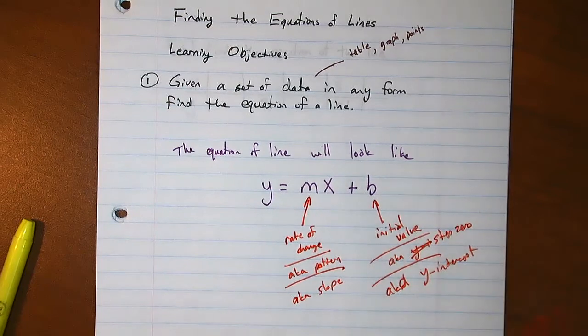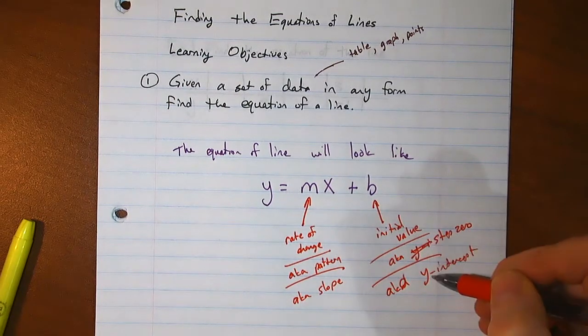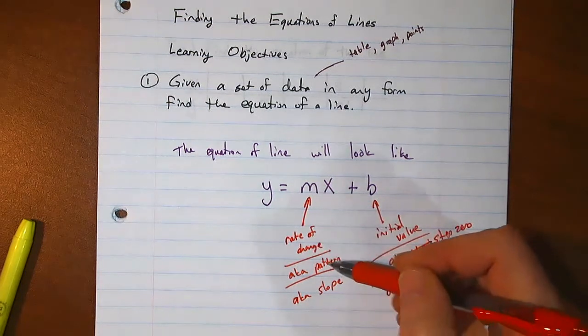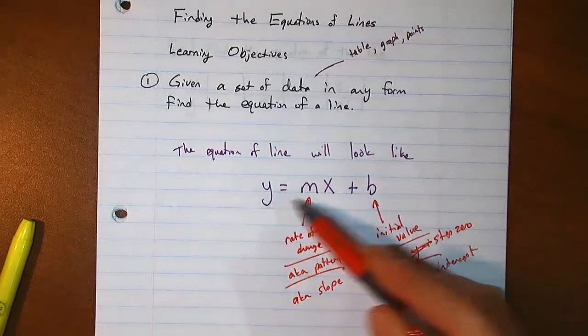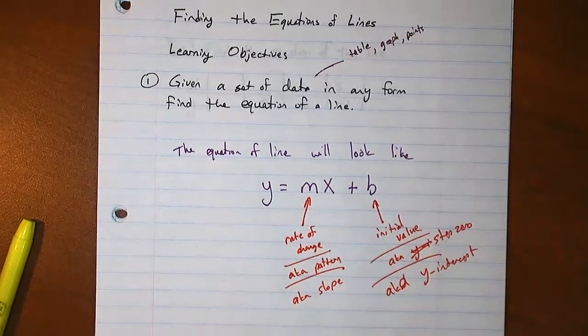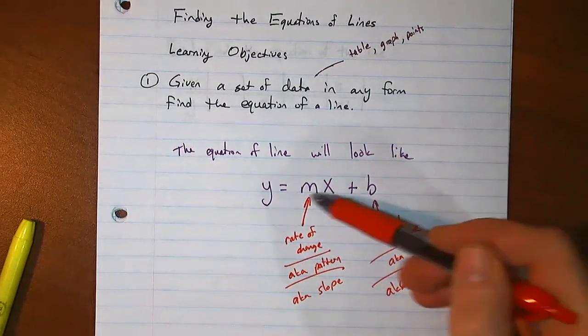Okay, so again, all those words mean the same thing. So b is our initial value, or our y-intercept, or our step 0. M is our rate of change, or our slope, or our pattern. Okay, x's and y's, those are the numbers that we're graphing. Those are the numbers that we're plotting. In the context of the Legos, it was what step in the pattern we were on and how many blocks